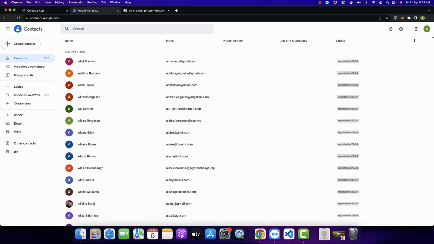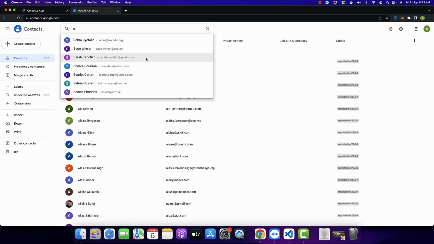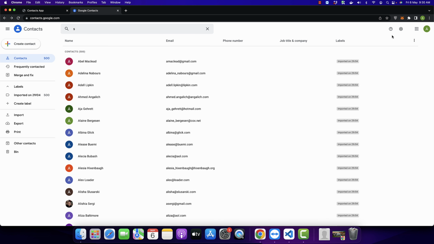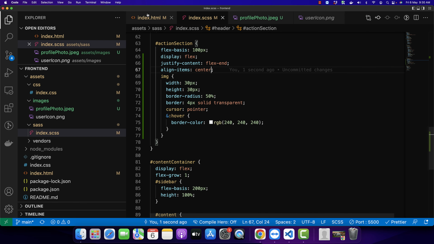If the user clicks on the logout, then it would just log out from this dashboard. So we will create the drop down in this section. For example, if you type here, it is showing you the drop down. We will design this drop down, we will make it functional, but this drop down is not compulsory, it can be optional. So let's add the logout button